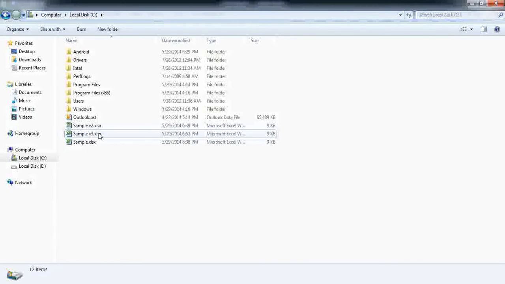So in the same case, XLSX is a file extension for Microsoft Excel, and it lets the operating system Windows and other software know that this file was created by Microsoft Excel and could only be opened with Microsoft Excel. The next question that arises is, are there other possible extensions associated with Microsoft Excel, or is Microsoft Excel capable of producing other extensions which could be opened in other software only? Now we're going to explore that.